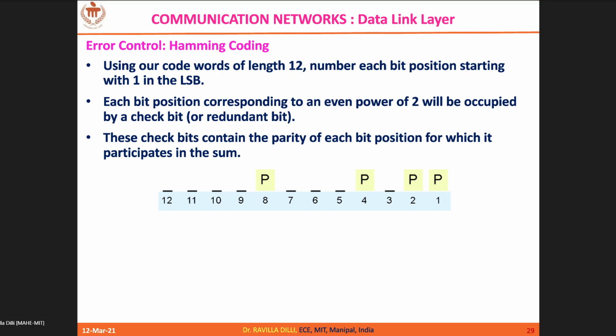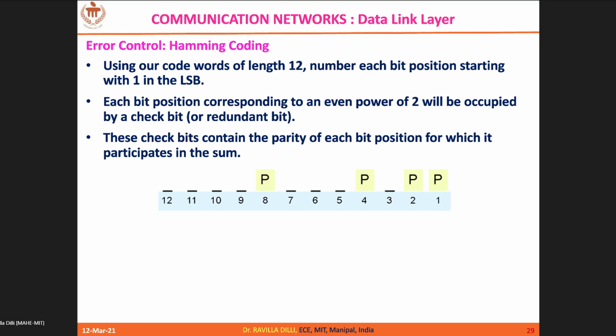So this is 8-bit data. You know the number of R bits, that is parity bits, as we call them. The minimum number of bits that you need to generate is how many? As per the inequality, M plus R plus 1 is less than or equal to 2 power R. So 8 plus R plus 1 is less than or equal to 2 power R, that is 9 plus R less than or equal to 2 power R. The minimum value of R that satisfies this inequality is 4.